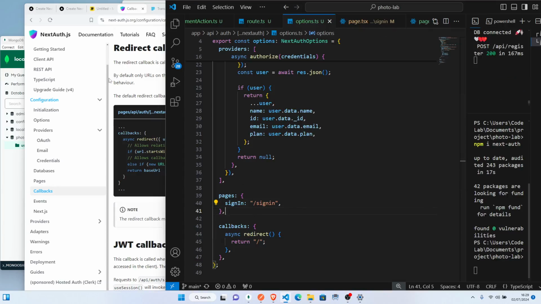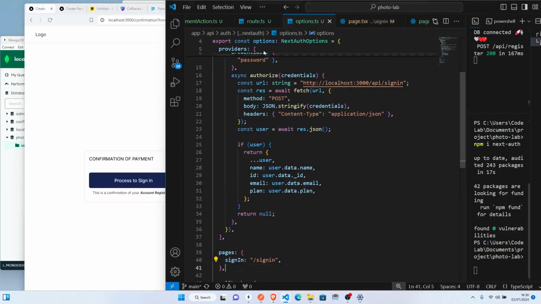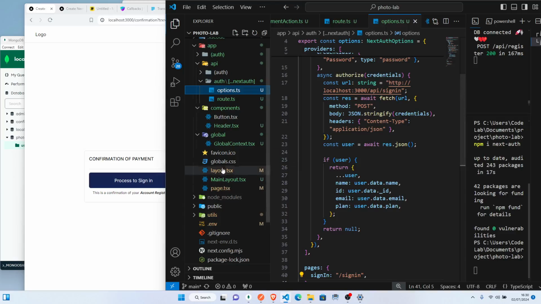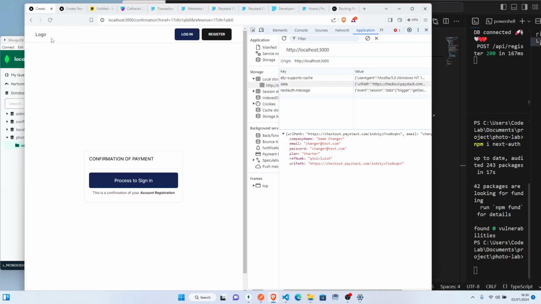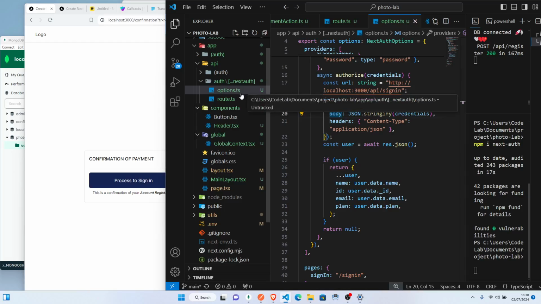Okay, so let's come to our sign in page. Then what we want to do is implement, but before we do that, because we don't have access to the sign in, you see this our stuff here. What we will try to do here is, if you are signed in, let it show log out and not show sign in right now. One thing we will try to implement here. So the way we will do that quickly is, we will come